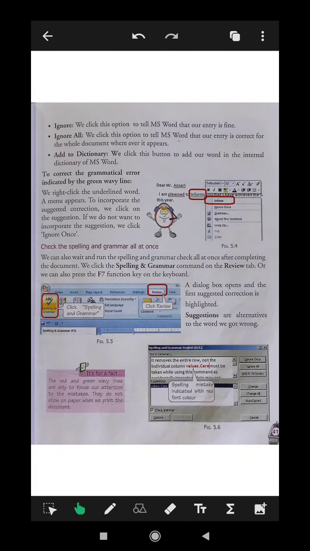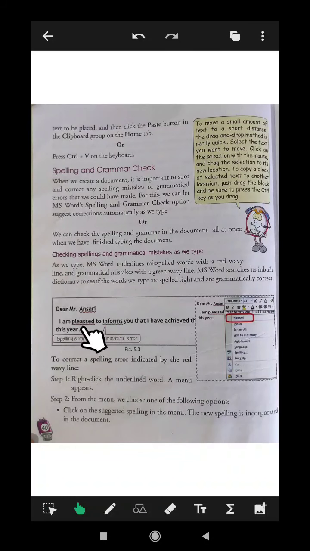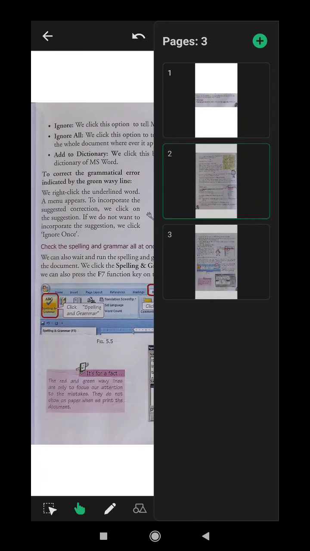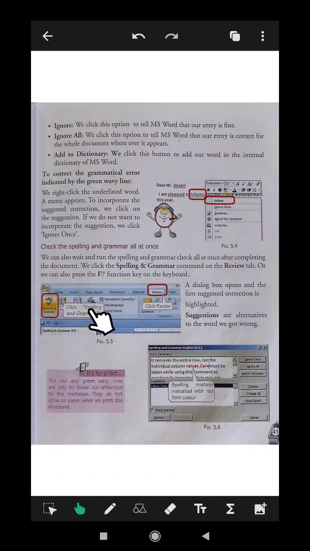Now how can you check the spelling and grammar at once? You can check separately, but it will take some time. So what you can do is do it in one click. You can wait and run the spelling and grammar check all at once after completing the document.